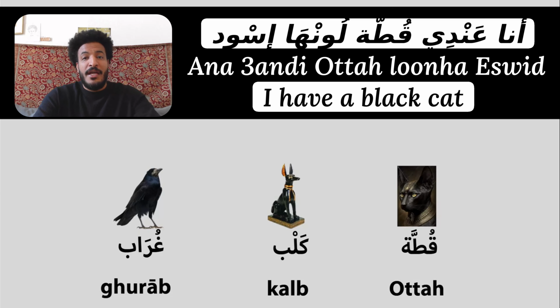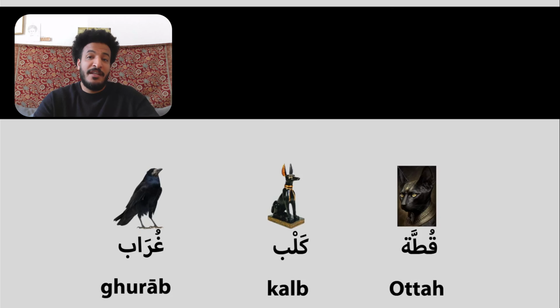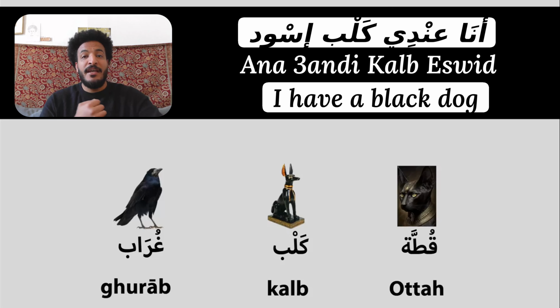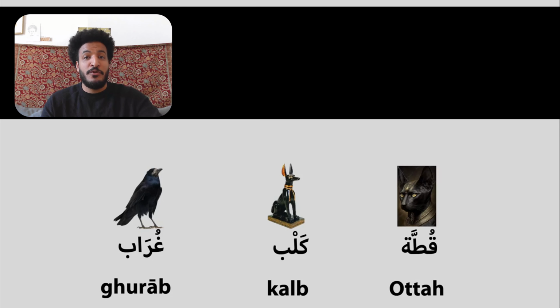And the next one is كلب. Since we took cats, let's take كلب as well. And let's see who is a cat person and who is a dog person. I am a dog person. So أنا بحب الكلاب. Say I have a black dog, I would say أنا عندي كلب أسود. And to ask you if you have a black cat, I would say if I'm talking to a man, أنت عندك قطة لونها أسود. Or if I'm talking to a woman, I would say أنتي عندك قطة لونها أسود. Let me know in the comment section if you are a dog person or a cat person.